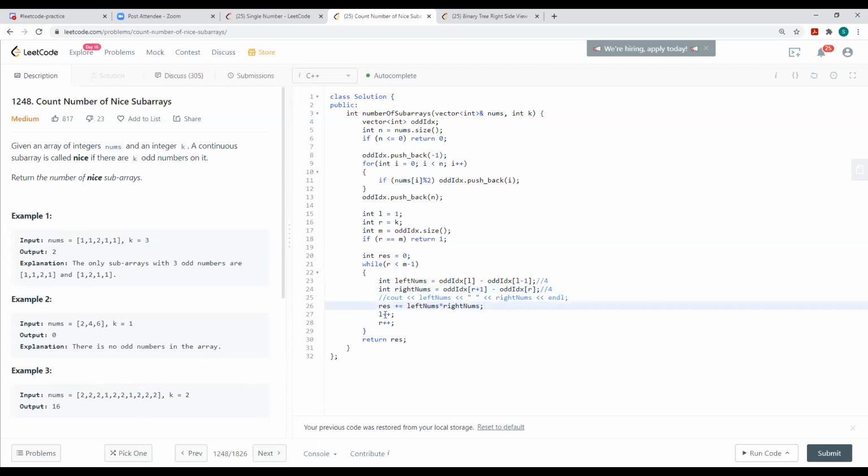And then again, you increase your left and right pointers. In this case, if you increase your right, you are going to go out of that while loop, and then you are good. So this is also one way of doing it.